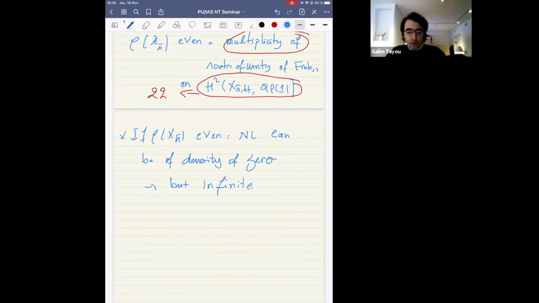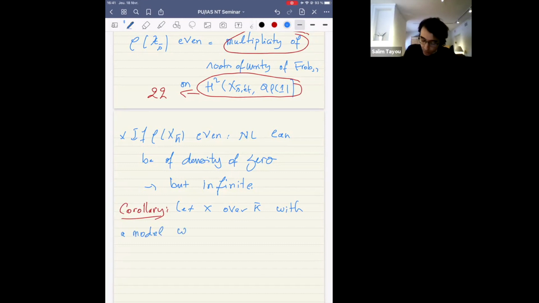So the first question one might ask is why we are interested in such questions. Let me give a first corollary of why these questions were studied. So for a K3 surface, if you have a K3 surface over an algebraically closed field, let's say over K bar, and we suppose that X has a model over K or over an extension of K, with everywhere good reduction,